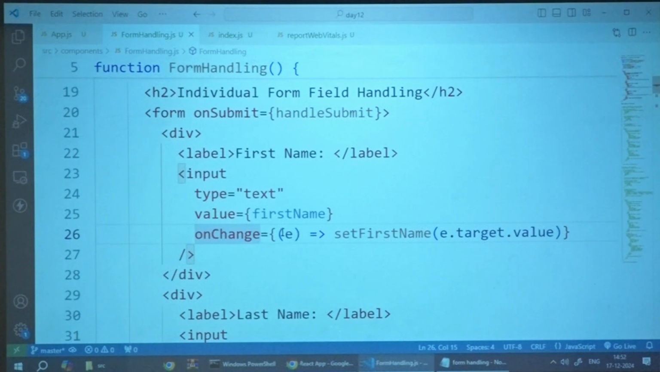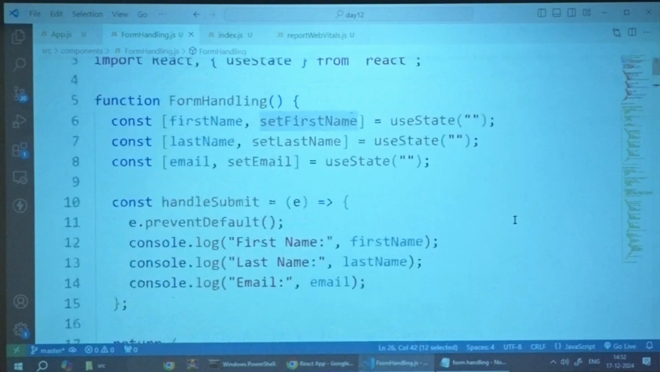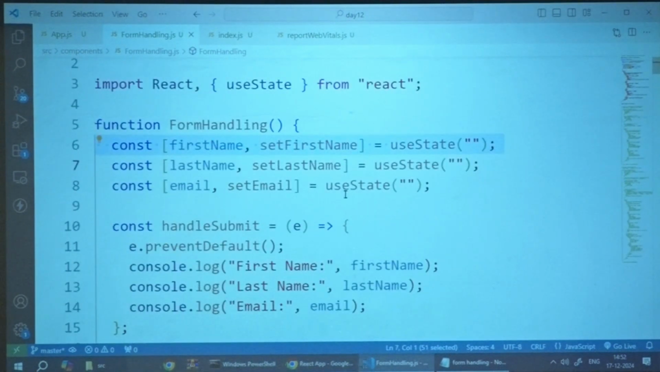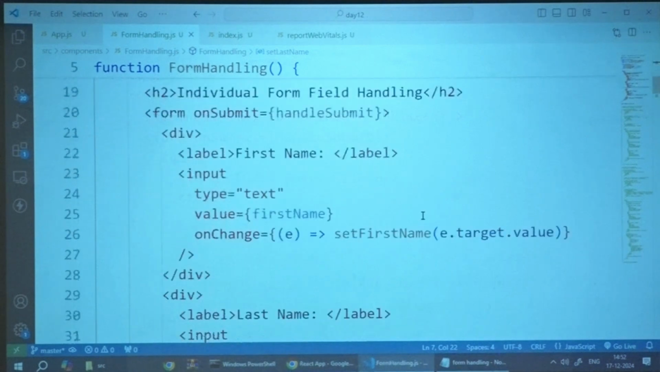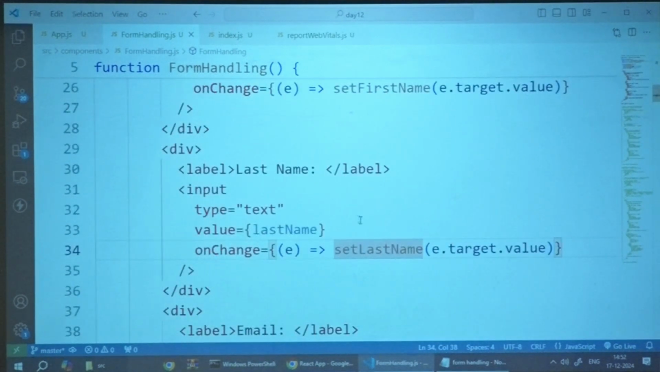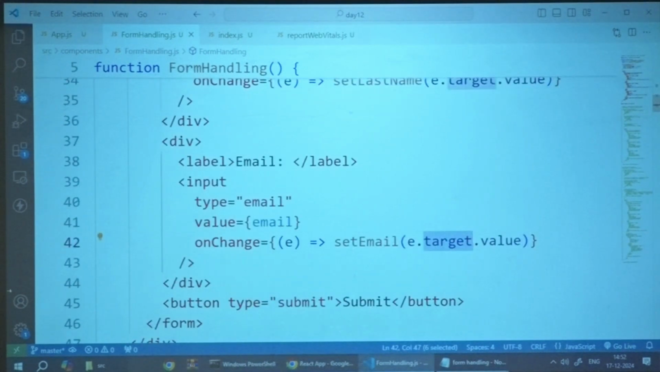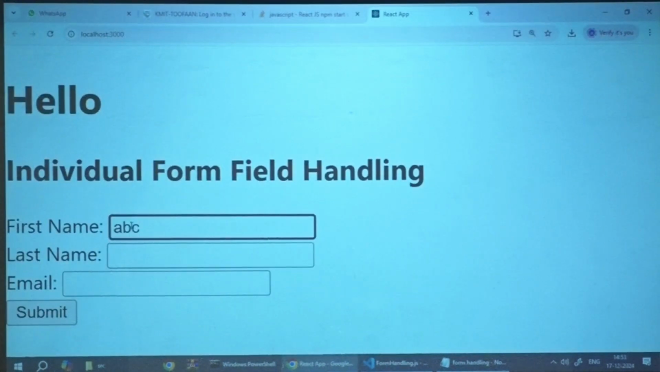Take that event; it takes an event object here, setFirstName, e.target.value. If you want to print it and check it, it prints the value I'm trying to take. setFirstName will set the name for what? The first name. Similarly, setLastName I'm doing for the last name, and setEmail for the email. Now, after giving all the data over here,